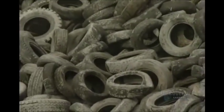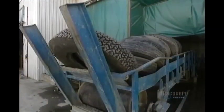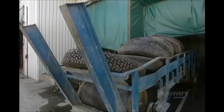Used tires are a real source of pollution. This pile represents about 100,000 of them. At any rate, these tires will have a second life. They'll be recycled to make rubber mats. Each day in this factory, they recycle 15,000 tires into mats. Tires have to be reduced